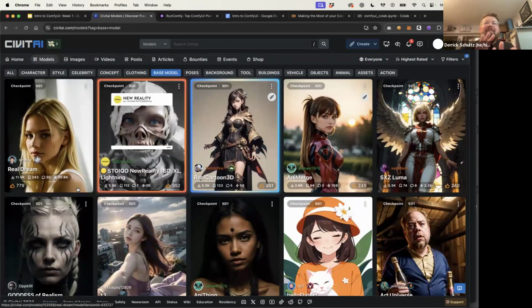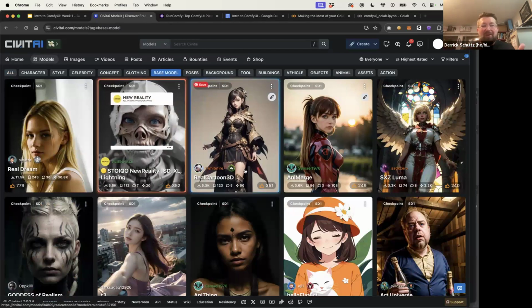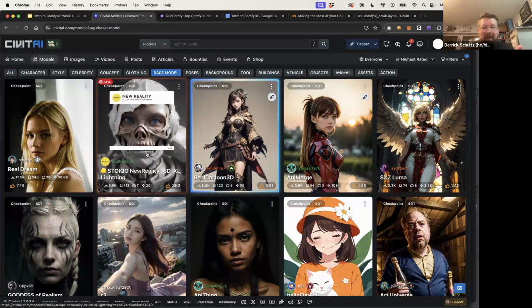So there are a number of models here that you can then download. And I do have a recording on how to download one of these and upload it. So if you are interested in that, there's a recording on that. 9 times out of 10, for most of what's on RunComfy, you're going to be fine. Unless you need a very specific model, like you really want this model, which I think maybe does skulls or something, then you could download this model, upload it to RunComfy and use it.